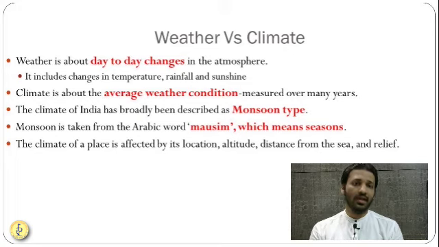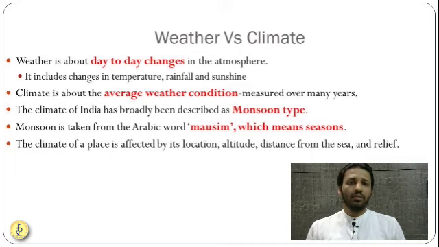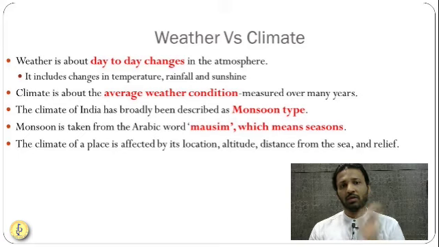Weather can change in a day, it can change within a few hours, it can change within a few weeks also. So here weather is a very small phenomenon. Season to season you have different weathers. In rainy season you have different weather. Even in the entire rainy season you don't have the same weather every day. So day to day weather can change. But if you see the average weather condition in a particular area for 40 years or let us say 50 years, then it will be almost the same.